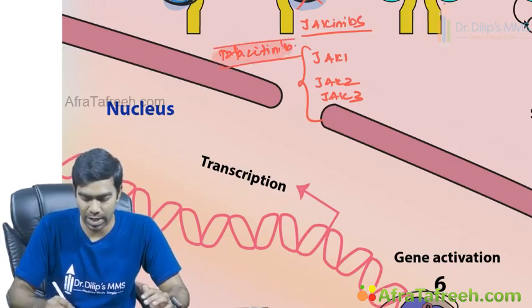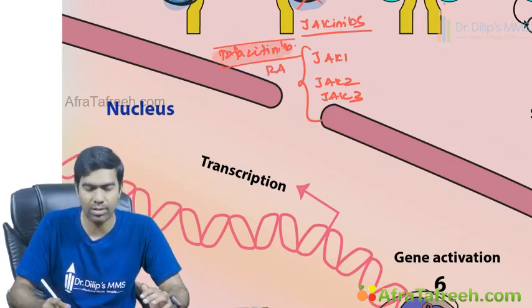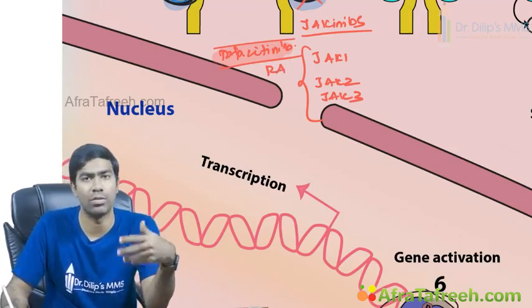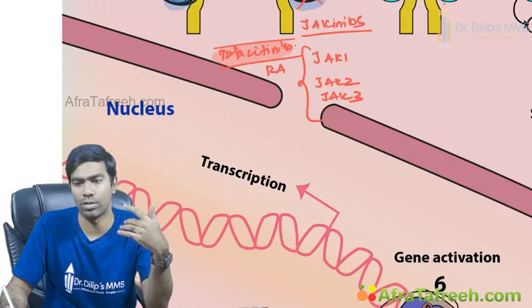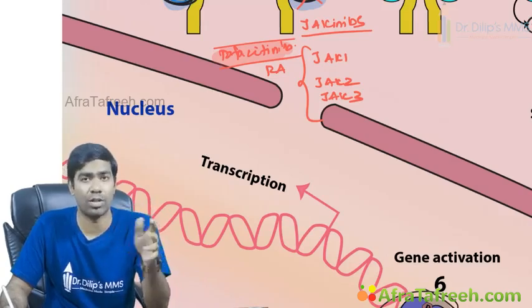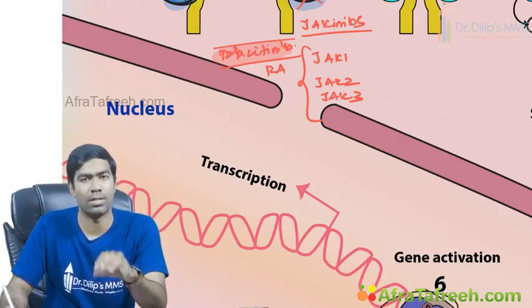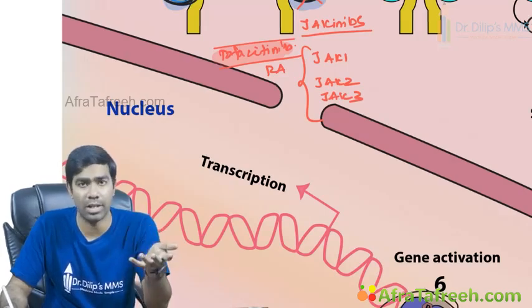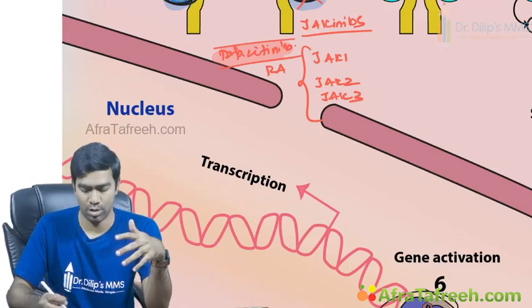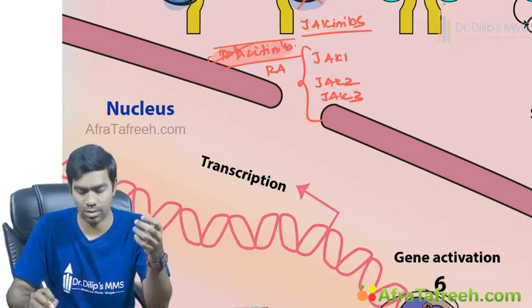Tofacitinib is a very important JAK inhibitor that is approved in rheumatoid arthritis. Nowadays they say you can use it in psoriasis also. You can use it in certain patients with Sjogren's syndrome, but not yet approved. But rheumatoid arthritis is definitely approved. And alopecia areata, so many conditions are coming up. So tofacitinib, autoimmune disorders again.